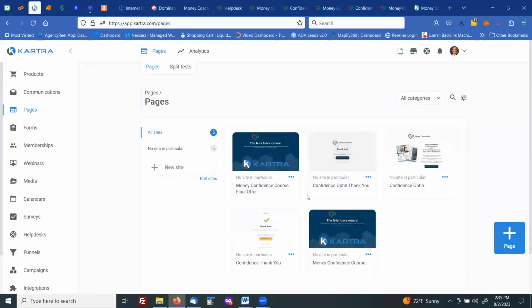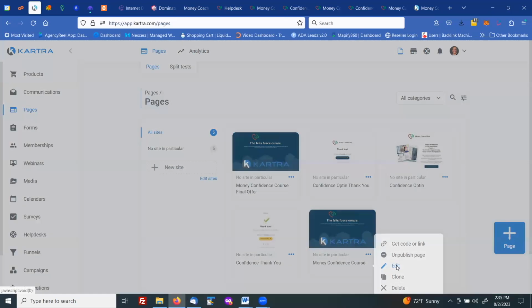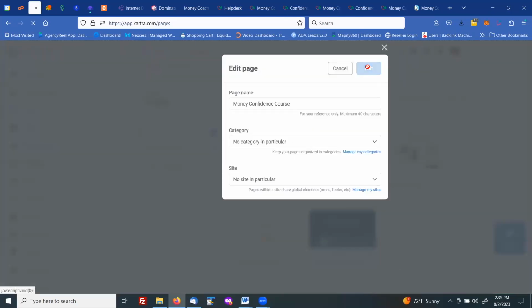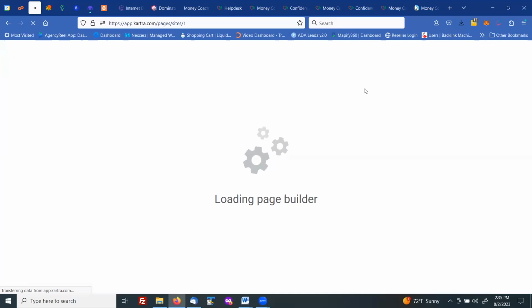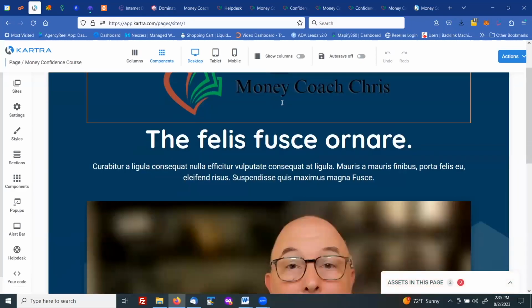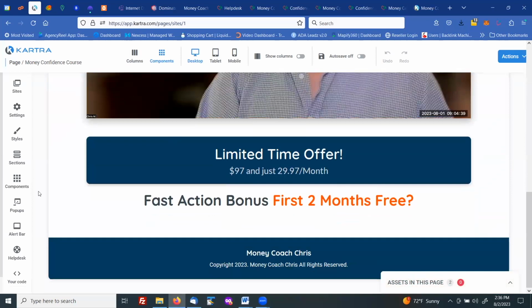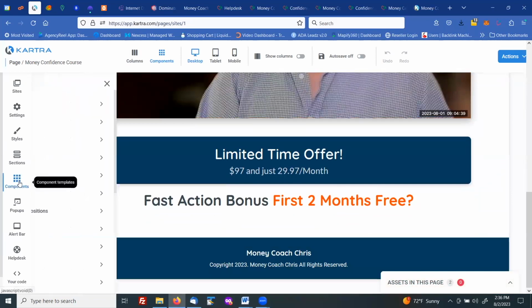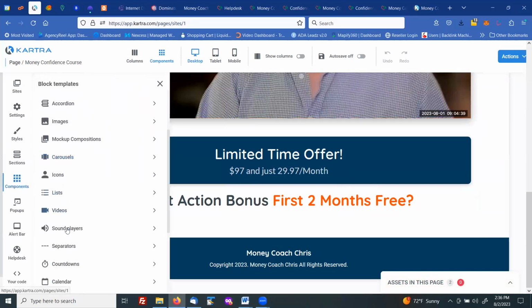And I'm going to go back to the first one. This is the final offer up here, but I'm going to go back to this one. I'm going to edit this guy. And I'm going to add a little something to this. So right down here, what I'm going to add, I'm going to go into components and I'm going to add